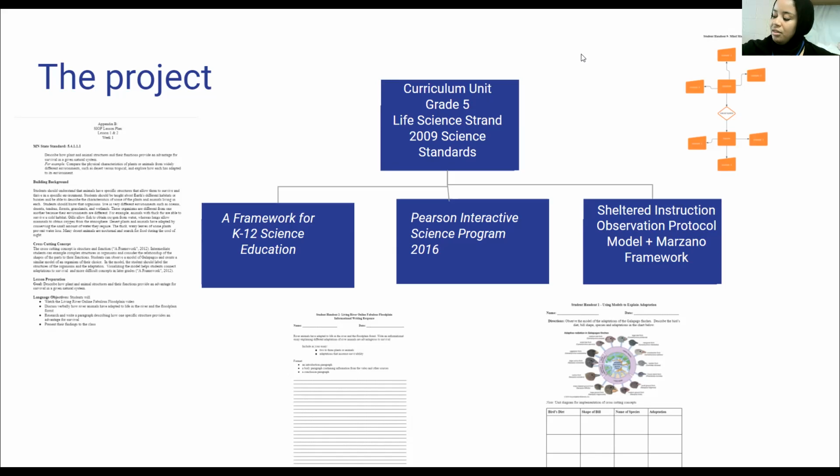The assessment to assess the effectiveness of this project was using a Likert scale. So the responses were between strongly disagree and strongly agree, and educators have to rate the effectiveness of this curriculum by considering statements like the curriculum unit provides opportunities for student-centered learning, inquiry-based learning, and hands-on learning.